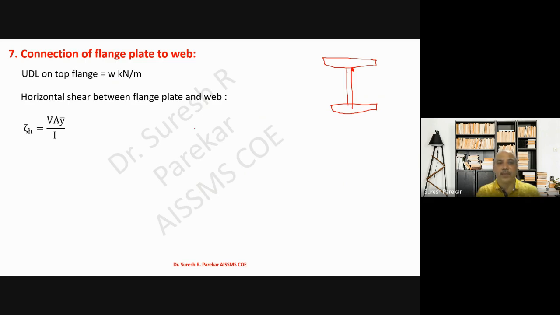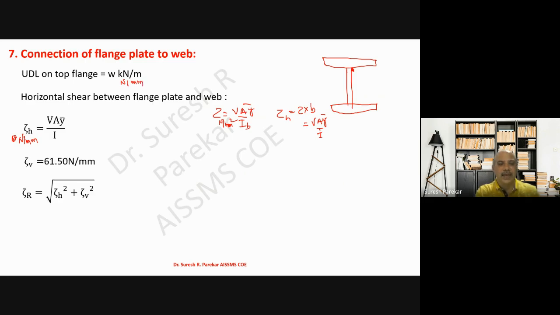Now this is the formula of shear, we know we have V A y bar upon I b, and this is in Newton per mm square. We have taken this as tau h equal to tau into b, which is equal to V A y bar upon I. b we have taken on this side, and this value again we will get in kilonewton per meter, or we can say Newton per millimeter. And then we are going to find the resultant value. This value I have from the last problem, so it need not be considered.